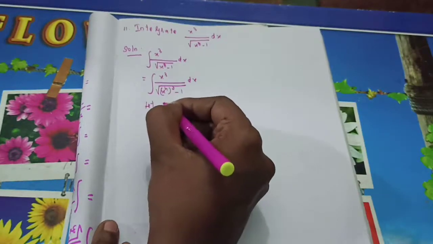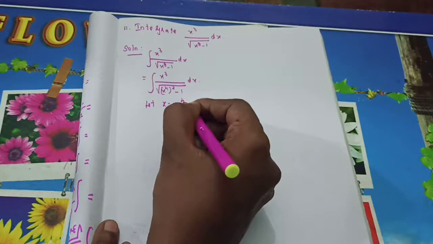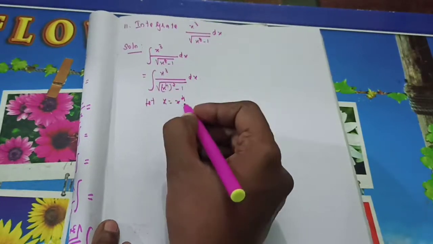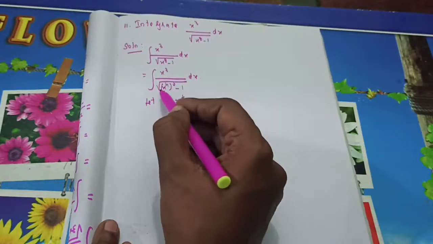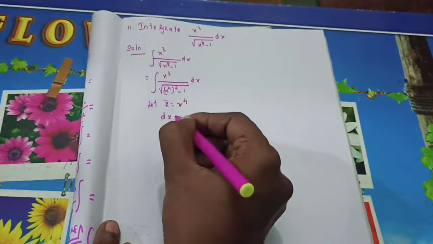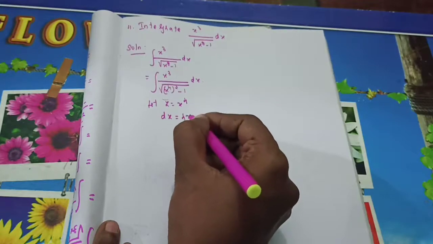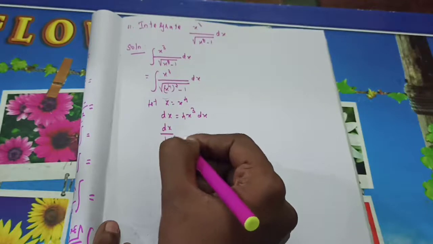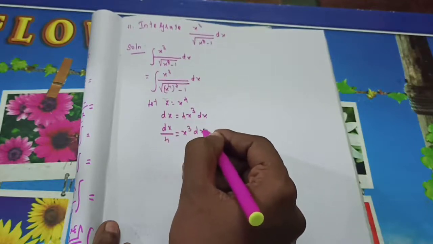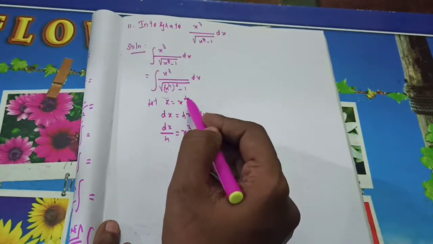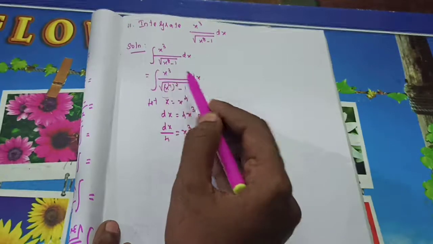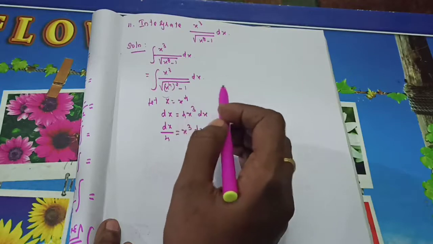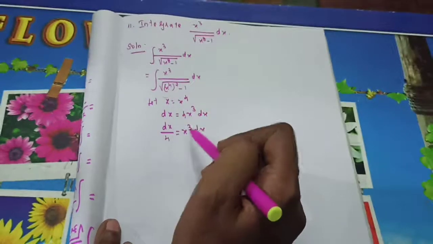That is, let z equal x power 4. Then only in the place of x cube dx you can substitute this value. Because of that I am considering x power 4 as z. So dz, how much will you get? 4x cube dx. So dz by 4 is equal to x cube dx. Now, all of you got why I am choosing z as x power 4? If I choose x cube as z, what will happen when you find dz? You will get 4x square only, is it right? So because of that I chose this.